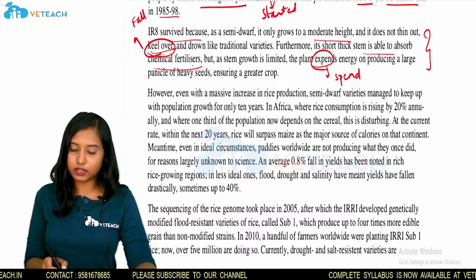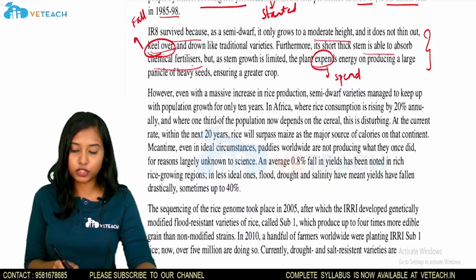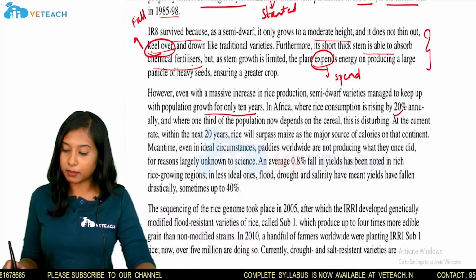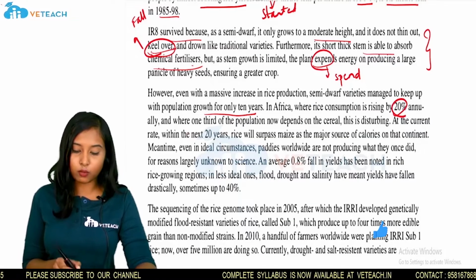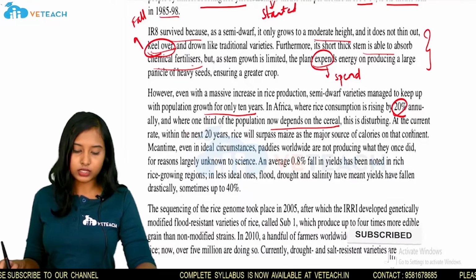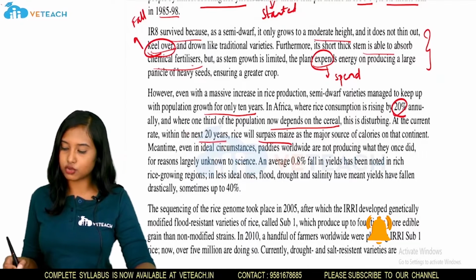However, even with a massive increase in rice production, semi-dwarf varieties managed to keep up with population growth for only 10 years. In Africa, where rice consumption is rising by 20% annually and where one-third of the population now depends on the cereal, this is disturbing. At the current rate, within the next 20 years, rice will surpass maize as the major source of calories on